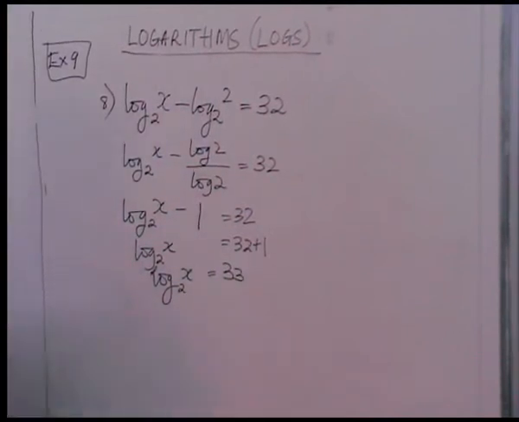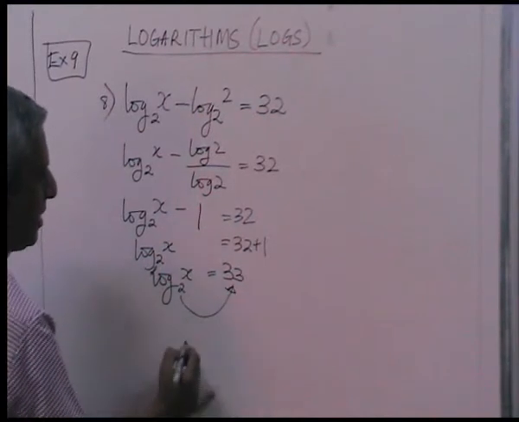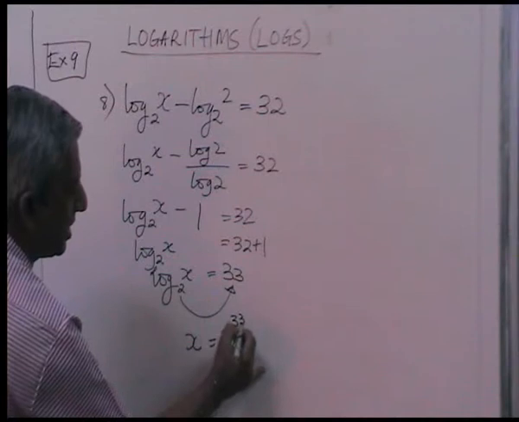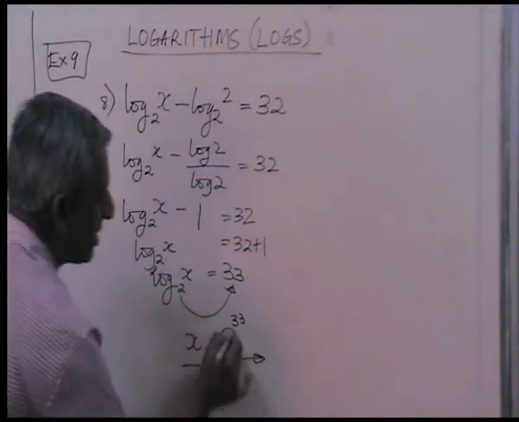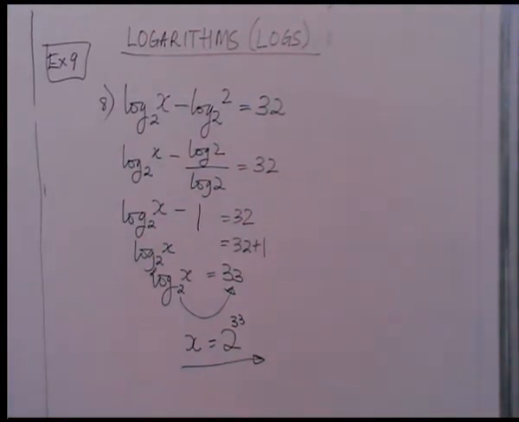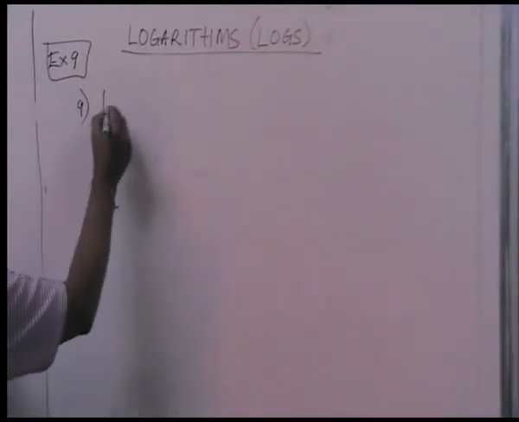At this stage, I will change it to index form. So this goes there, and x is equal to 2 to the 33, and I can leave it like that in power form. So that was number 8, and the final answer is x is equal to 2 to the 33. Number 9, log